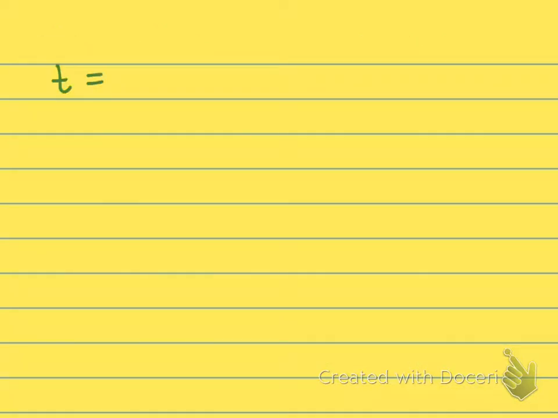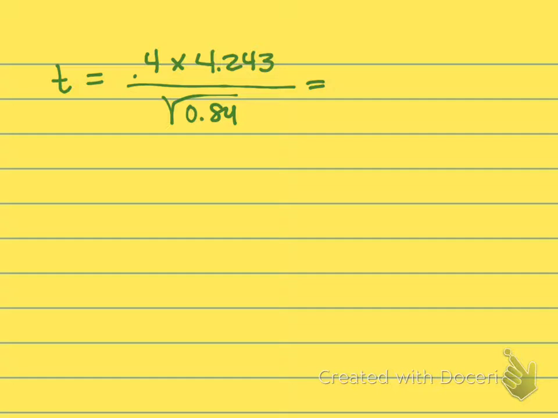So t equals 0.4 times 4.243 divided by the square root of 0.84. So in my numerator, I would have 1.6972, and my denominator then is 0.917, and so my t value is